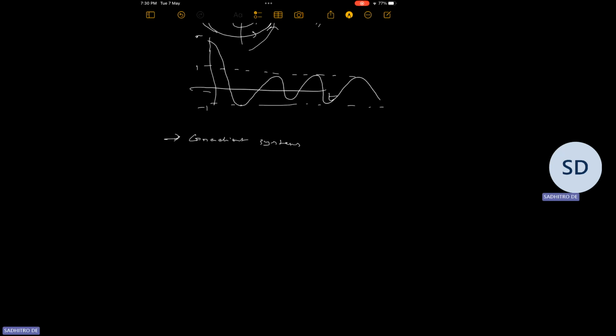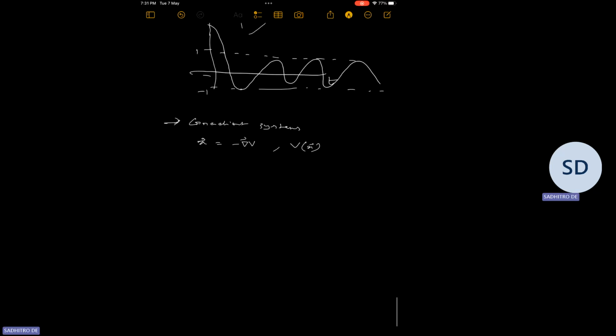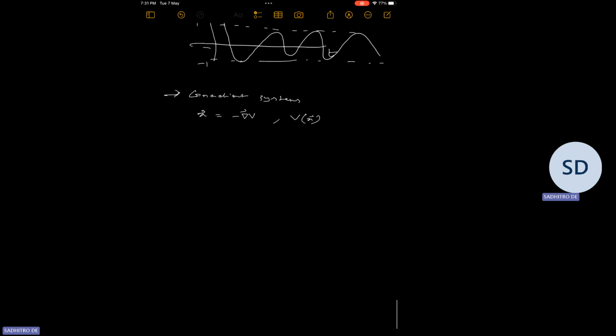By gradient systems, I mean that the x dot can be written as some gradient of a potential or some scalar field given by V of x. So such a system is called a gradient system, and the theorem is that